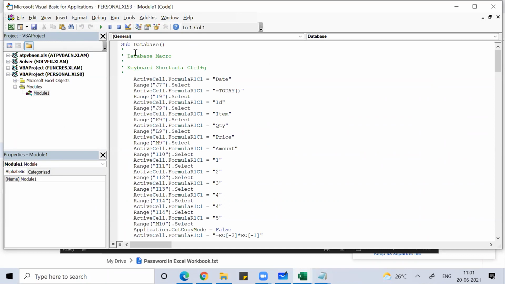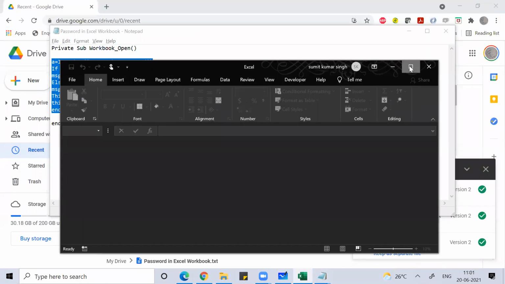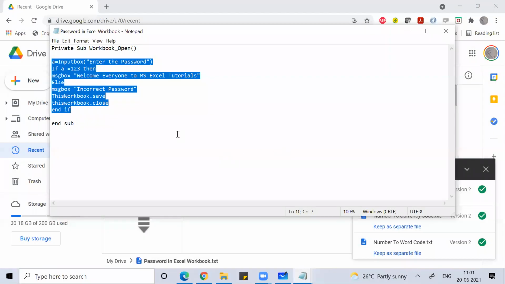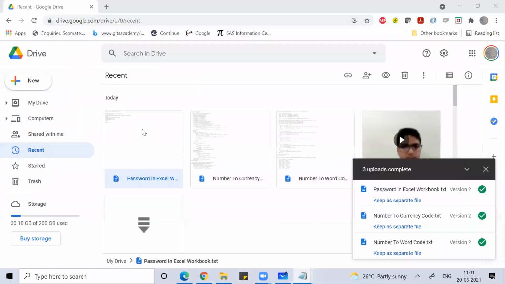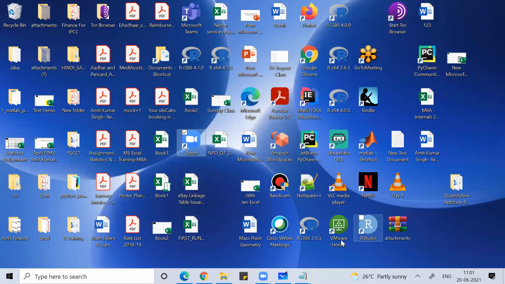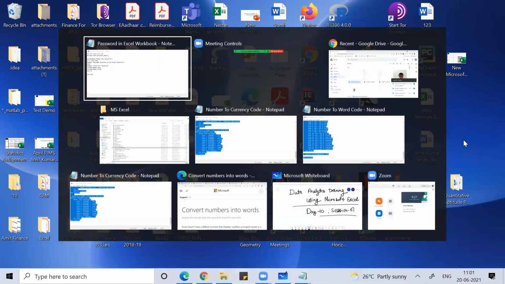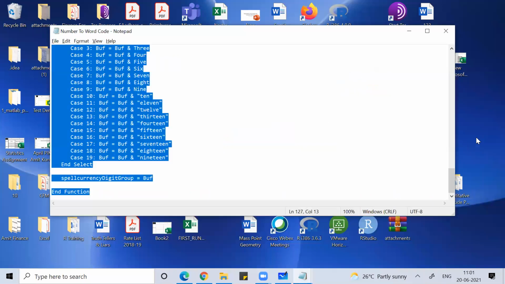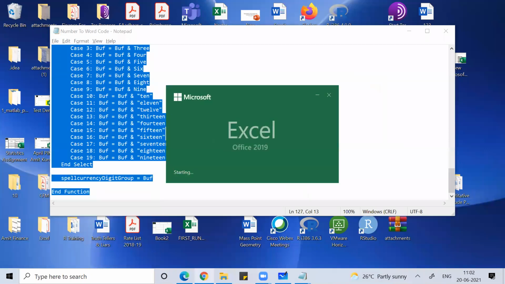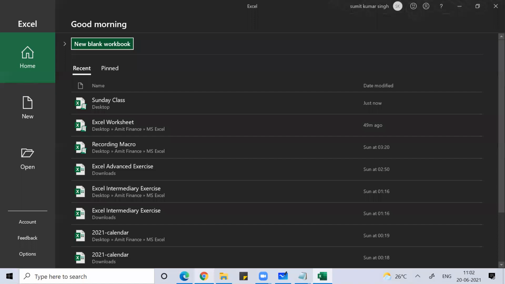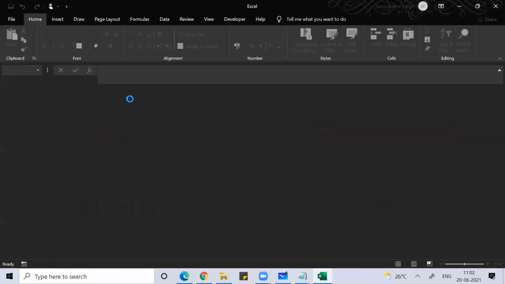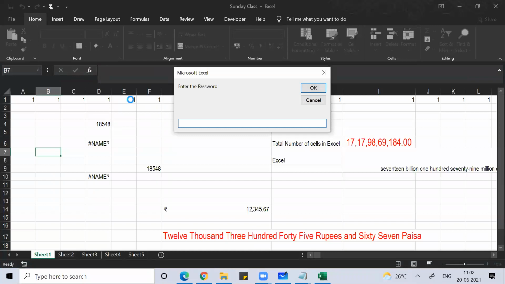Clear, everyone? So Alt Q. It got closed, so I need to open it again. Where is the Sunday file on the desktop? I have no idea, but no need to worry. I'll see if any Excel workbook is open. No workbook is open, so I'll press Windows R. I'll go to Excel. Then you can see recently whatever file you worked on will be there.